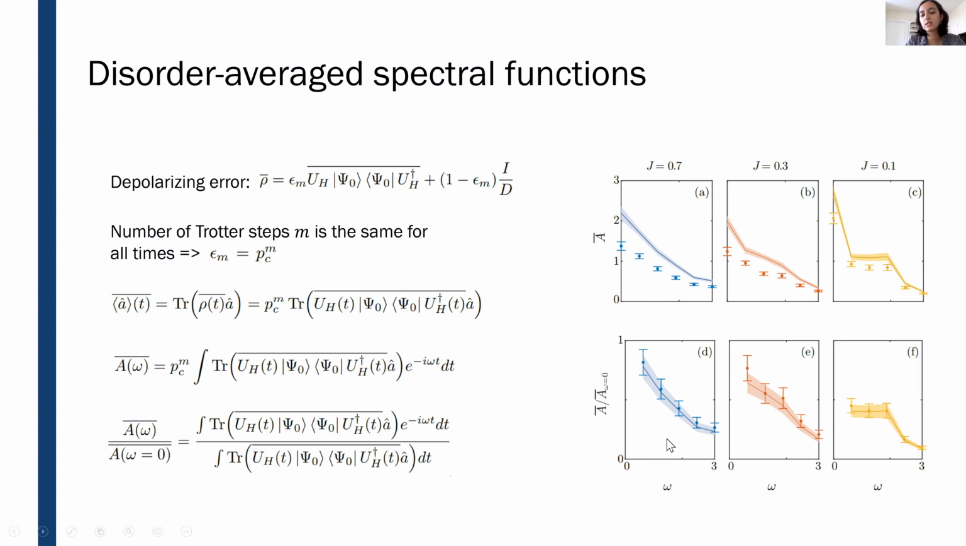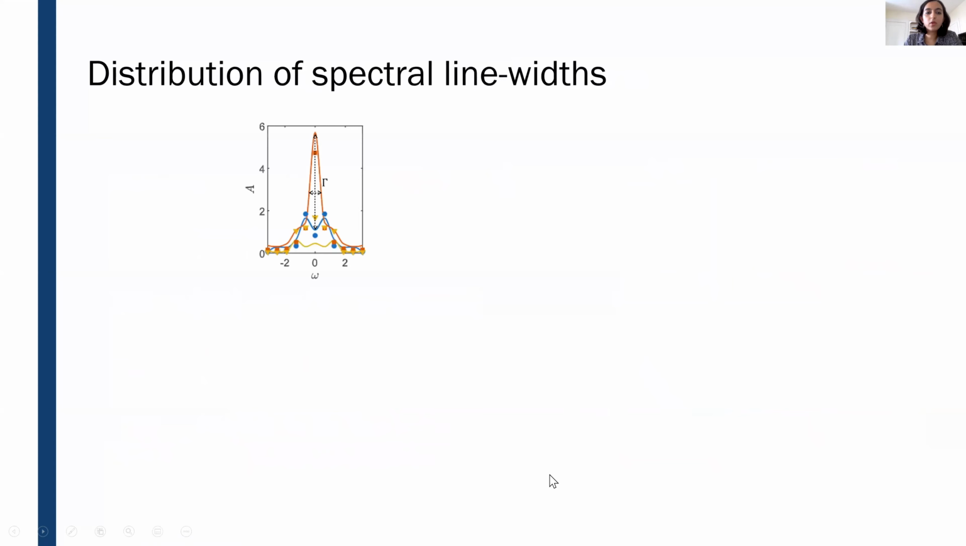So the normalized spectral function is robust to any amount of noise in the quantum computer, right? And we were able to get very good matching with the theoretical values. So this was an example of,